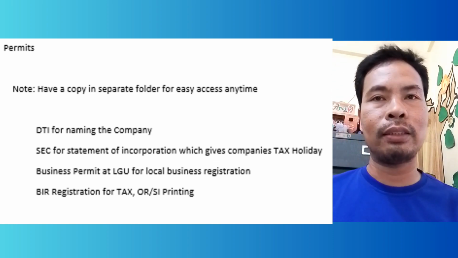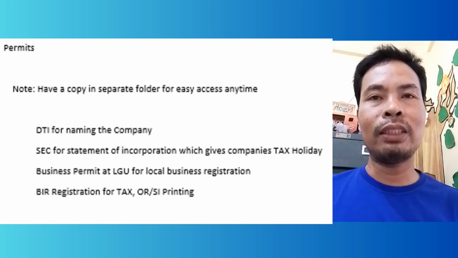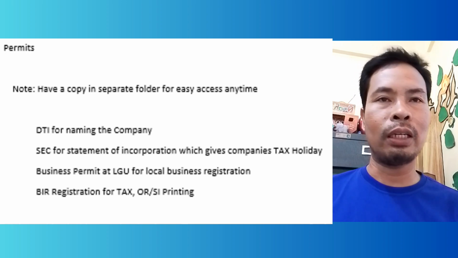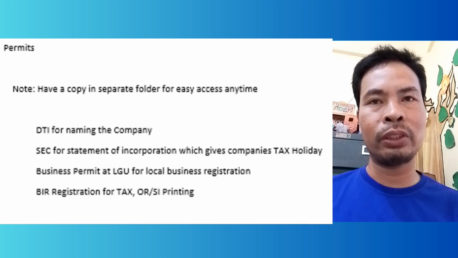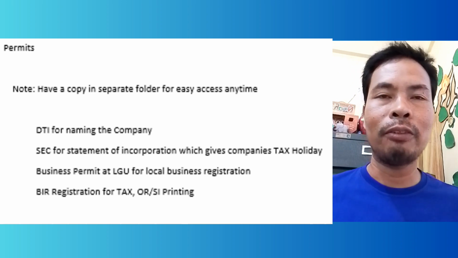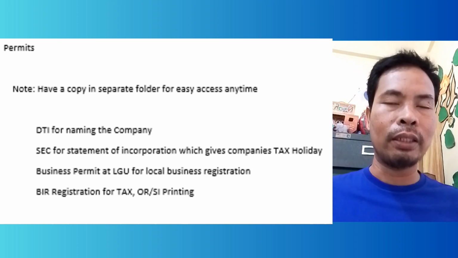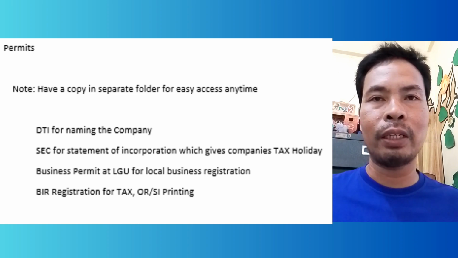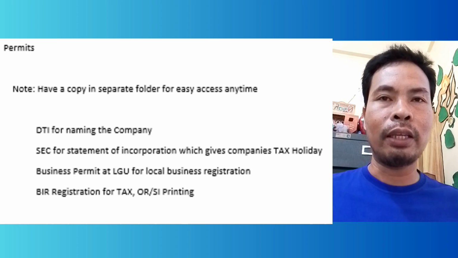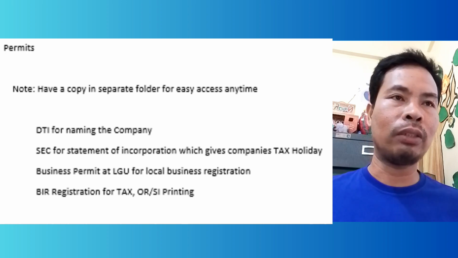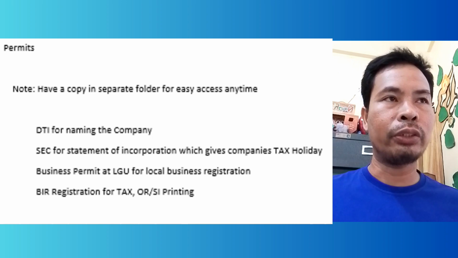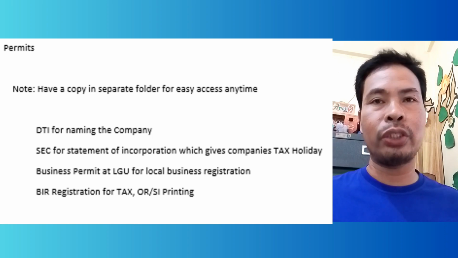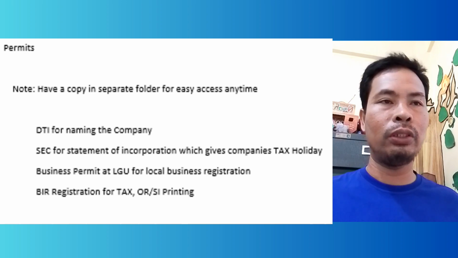The DTI is the business name registration. It is used to name your company. If you are going to have a business, first you go to DTI and have your business registered in DTI, and its name. They have the process there. Your scope could be local or regional or national,